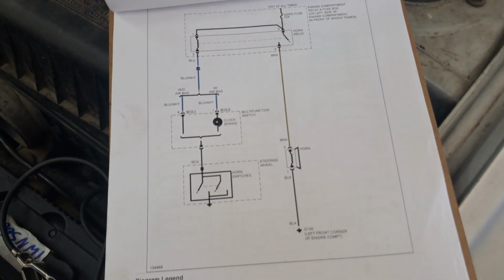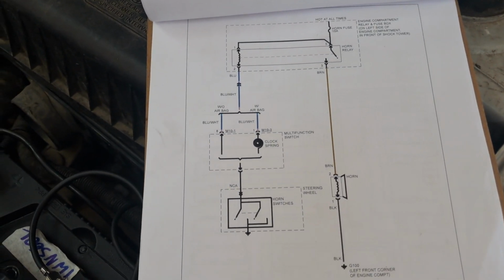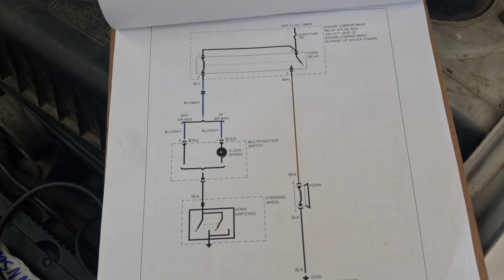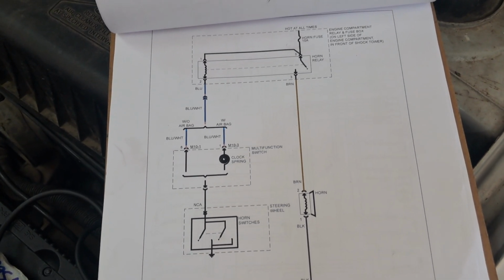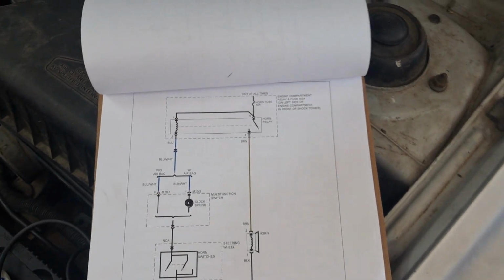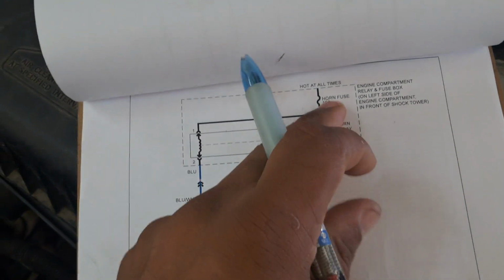Greetings. Today I want to demonstrate how we go about identifying or locating a short to ground in a circuit. What we have here for our demonstration is a simple horn circuit and this 2000 Hyundai motor vehicle. The problem is that each time the horn button is depressed,